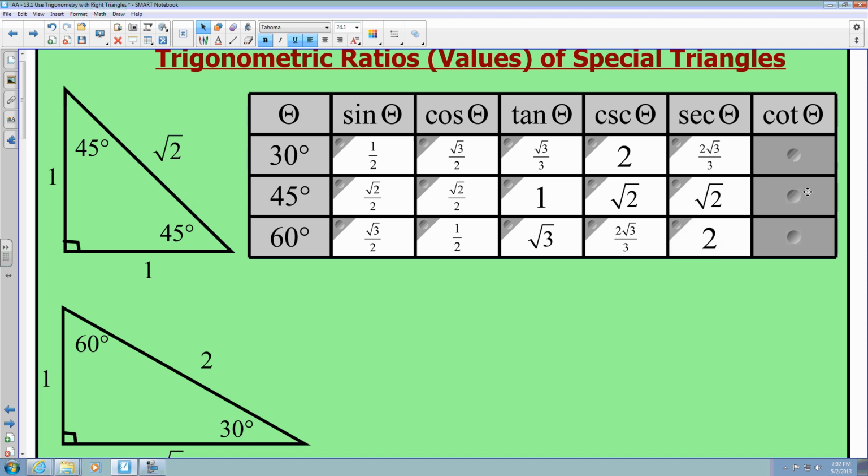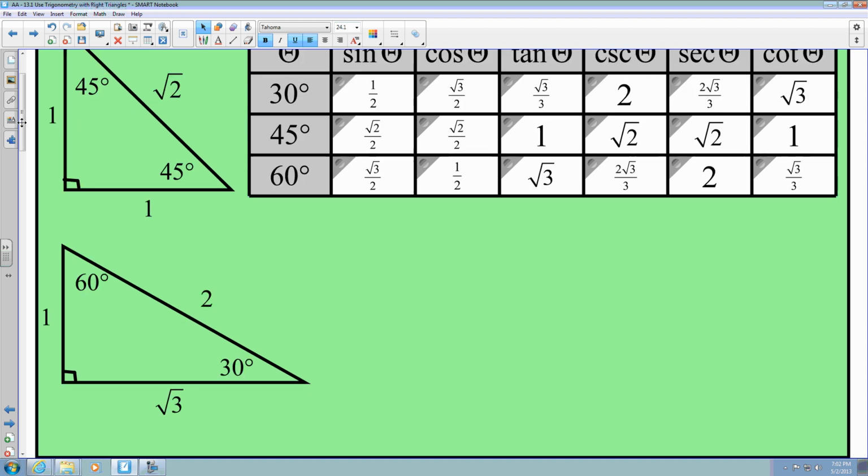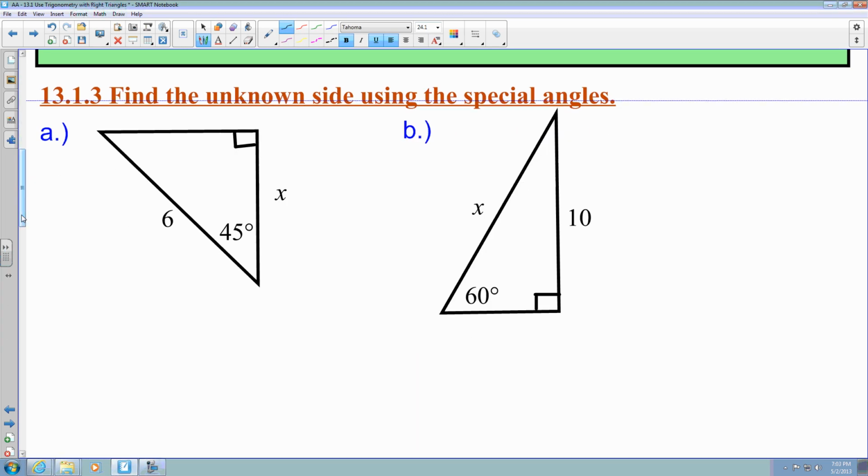So then that'll help us identify what values I'm looking for. And so these values come from the unit circle, which you should have a reference of the unit circle from one of the notes that I gave you. And then these values are going to help us solve some problems in a little bit. So if we come down here, I have